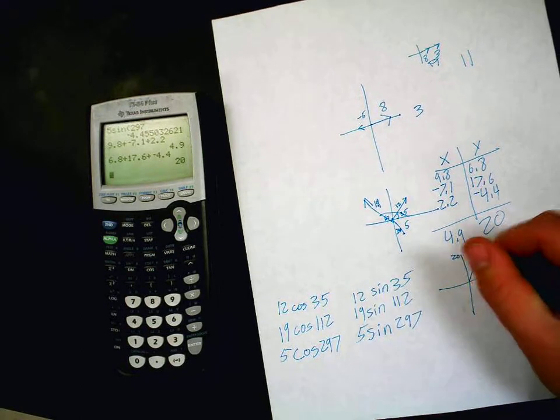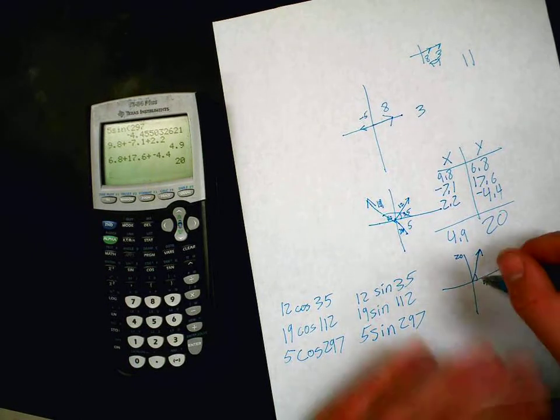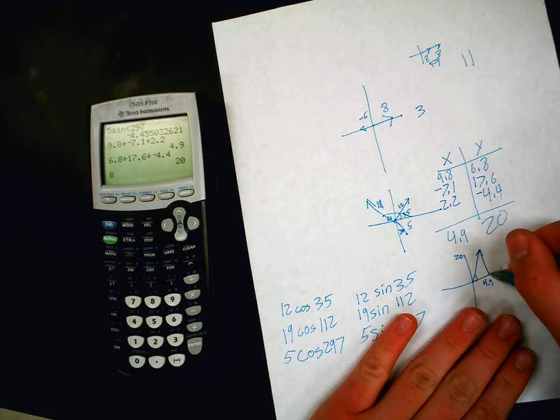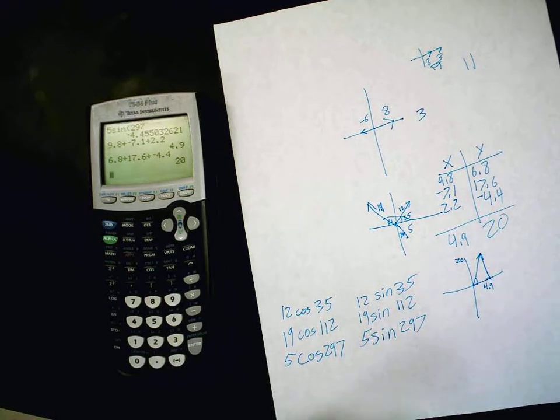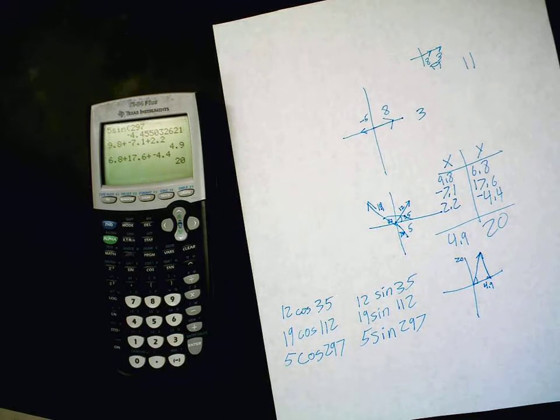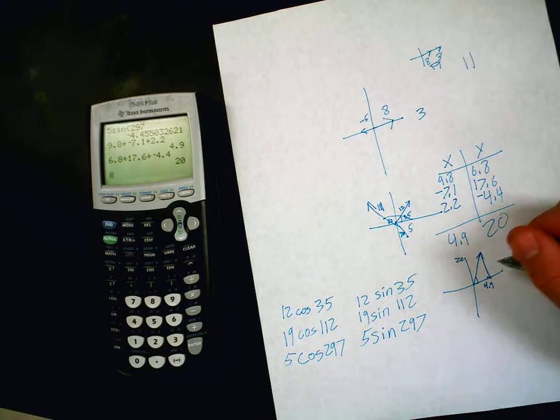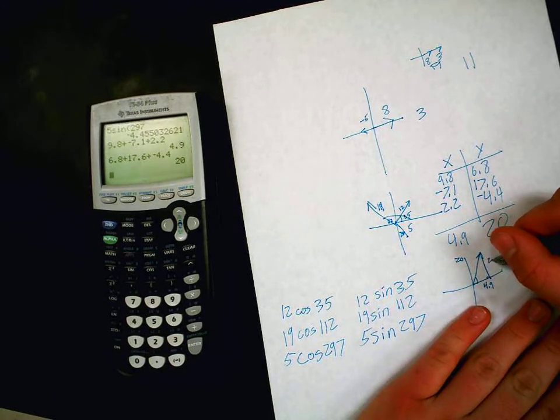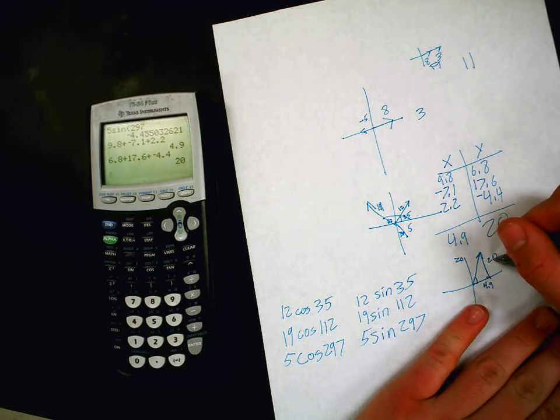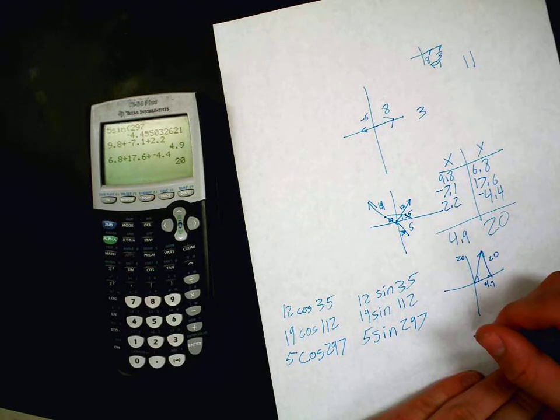So what is this degree? We got our components. We make a right triangle. We do trig. You know trig, so you know vectors. You know Pythagorean theorem, so you know vectors. So here we go. 4.9, 20. Arctangent